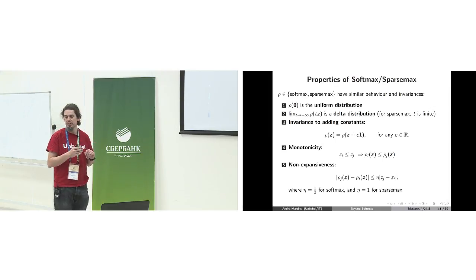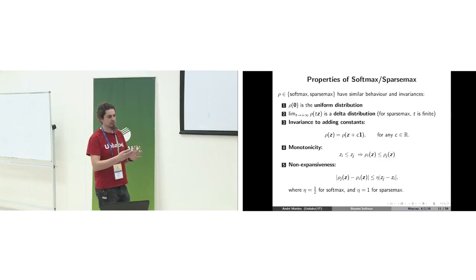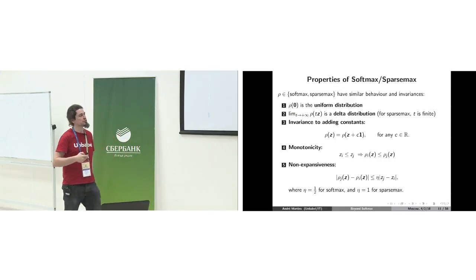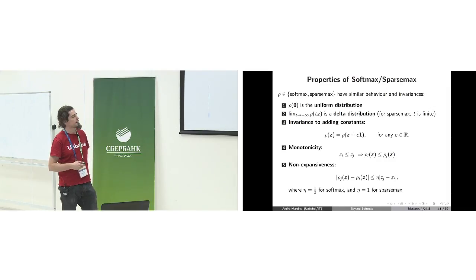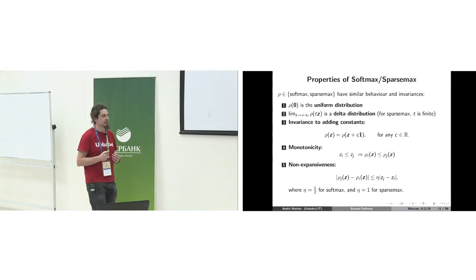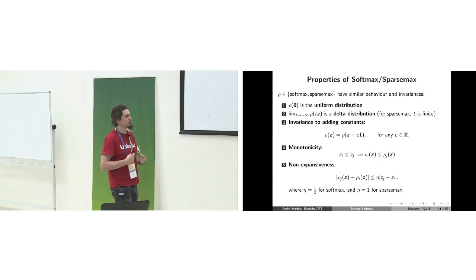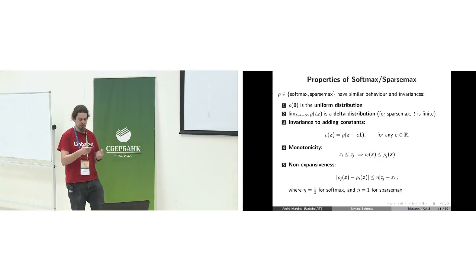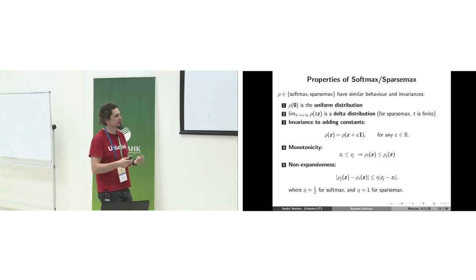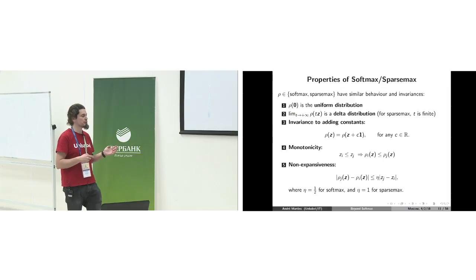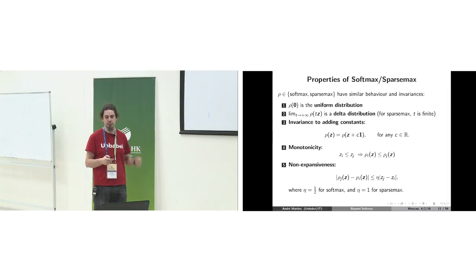If you recall, to solve Sparsemax, you sort all coordinates of z. So smaller coordinates of z are going to have a smaller probability in the end. And there's also this non-expansiveness property that bounds the delta in probability between two coordinates based on how different these two coordinates are in the vector z. There are different constants for Softmax and Sparsemax, but both can be bounded in this way.